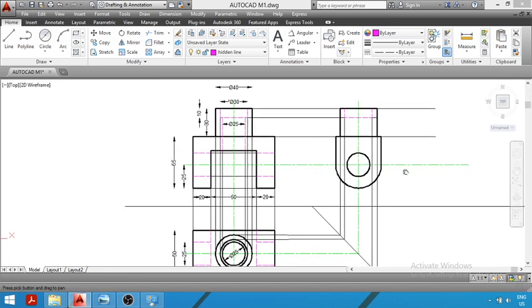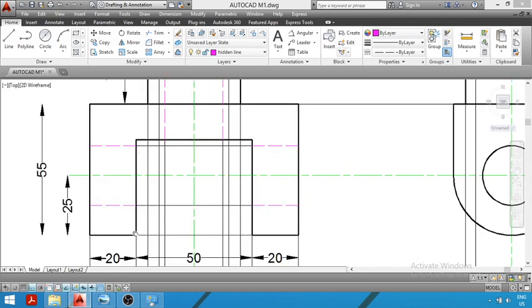Now in the next step, we will draw the hole of diameter 25 mm. But before drawing this hole, we have to first project this edge. As already told, this vertical surface and this horizontal surface meet at this point. So this point represents what? The front view of the edge lying here.